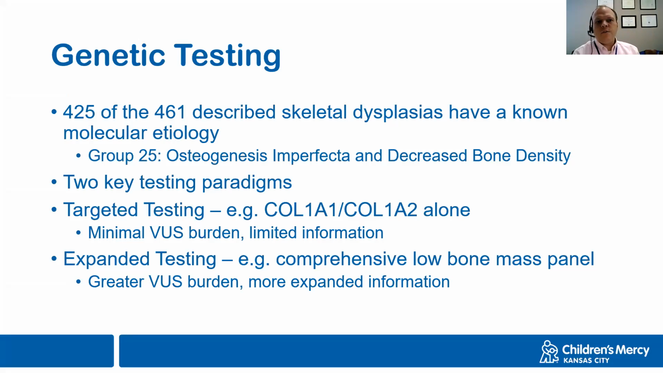Having said that, genetic testing can be extremely helpful in understanding more about that condition once we're able to make that diagnosis. And genetic testing has become increasingly useful just in skeletal disorders overall. Because of the 461 described skeletal dysplasias, 425 of them have a known molecular etiology. That wasn't the case a few years ago. And one of those groups is, of course, group 25, osteogenesis imperfecta and decreased bone density, which is where we're